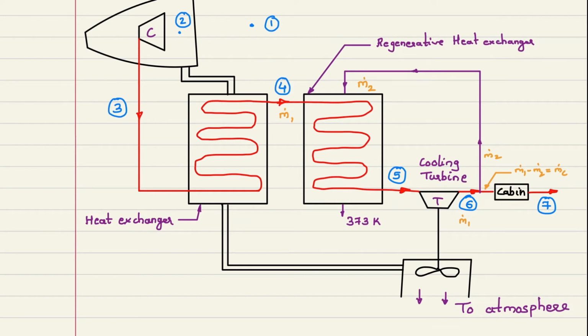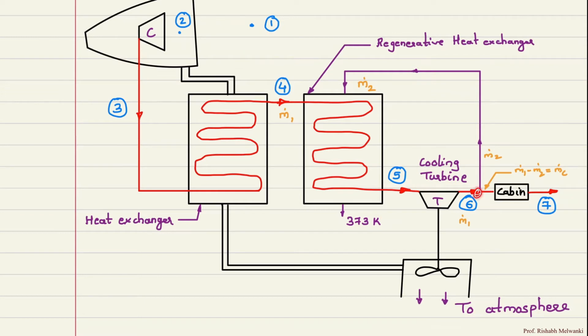Now it might be dependent on the question. You have to see whether the efficiency of ram is given, whether the efficiency of compressor is given, whether effectiveness is given, whether the efficiency of turbine is given. So that you have to see in the given data. According to that you have to draw the TS diagram.